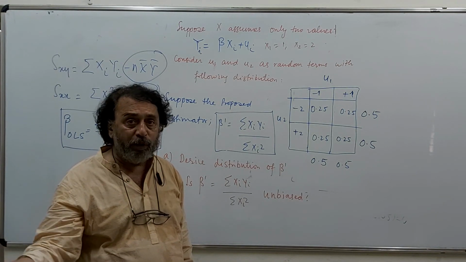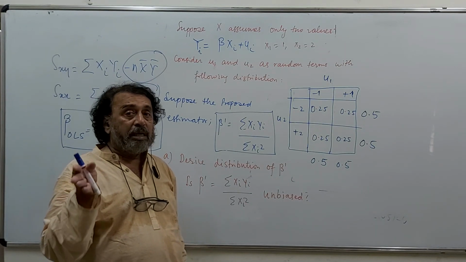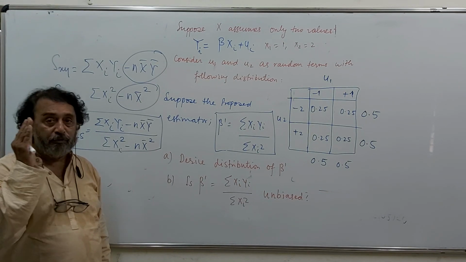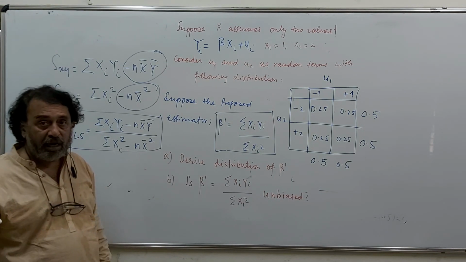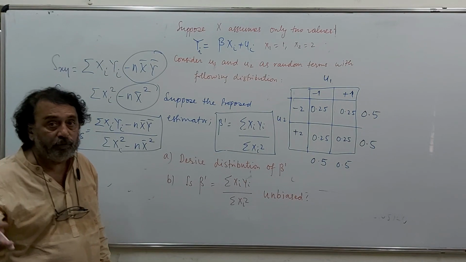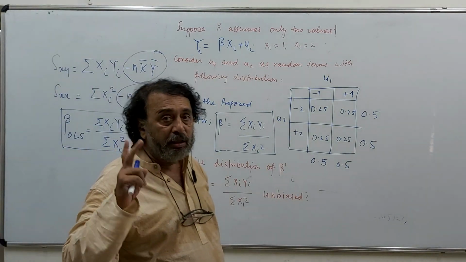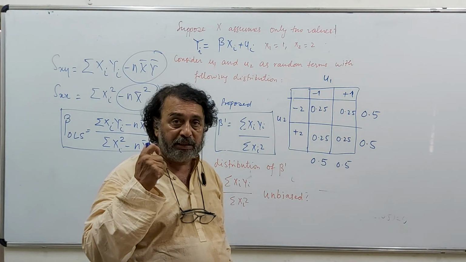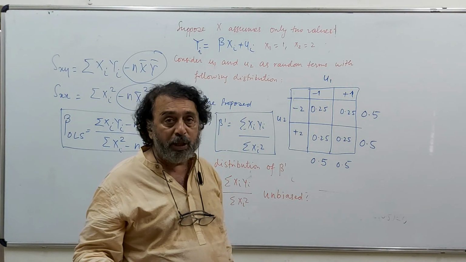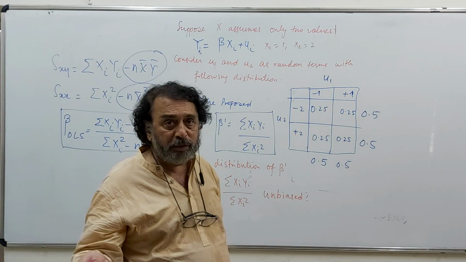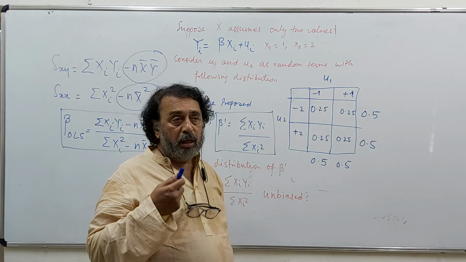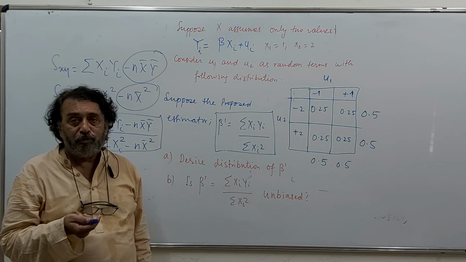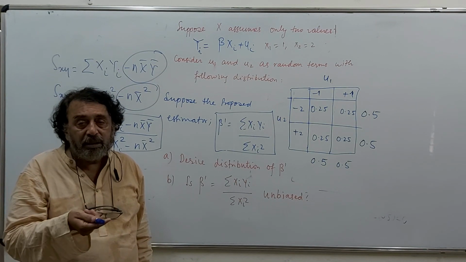But if it has a lower variance, there would be situations where some estimator whose direction of bias and size is known, but whose variability is lower, sometimes that kind of estimator or formula can also be preferred. So please bear in mind, these are not necessarily conditions that must be fulfilled at the same time. If they do that, even better. But there could be situations where it would be required to consider the possible trade-off, if the bias is there, but the direction and the size of bias can be judged, can be